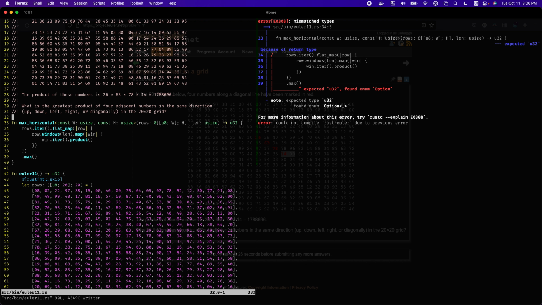I think, you know what else we could do? We could return an iterator over the products. And then the max call will be in the calling code, because an iterator can just naturally be empty. Let's do that. This is going to be an impl of iterator that we're returning